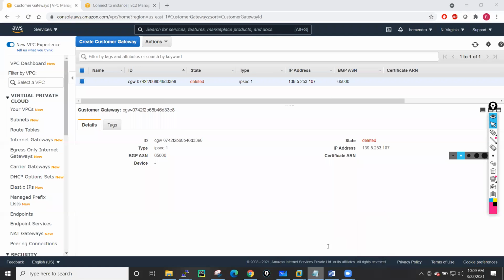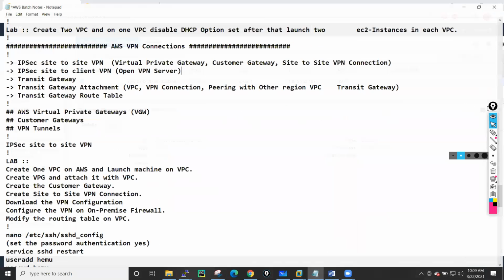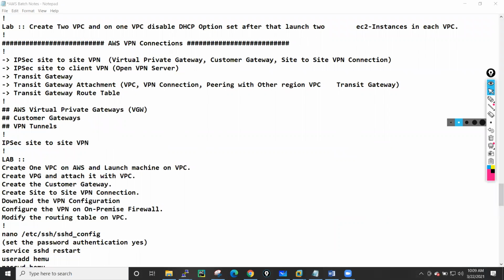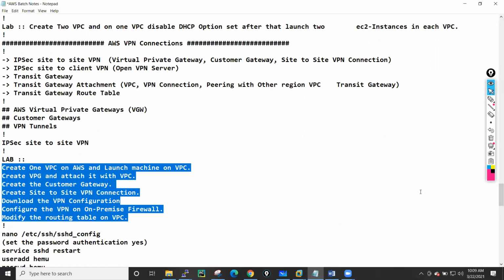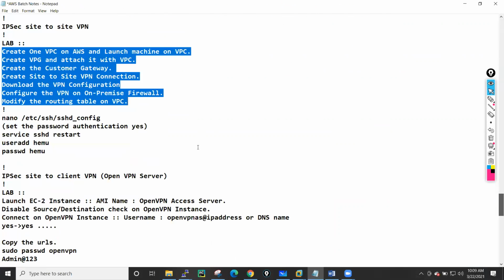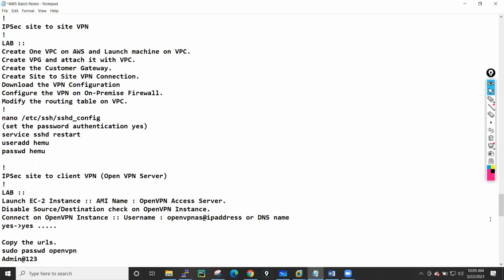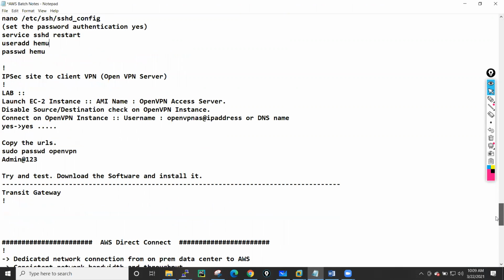So I will just close this one as well. I have written all the steps for how you will do that lab of IPsec site to site VPN, so you can follow these notes. Okay,